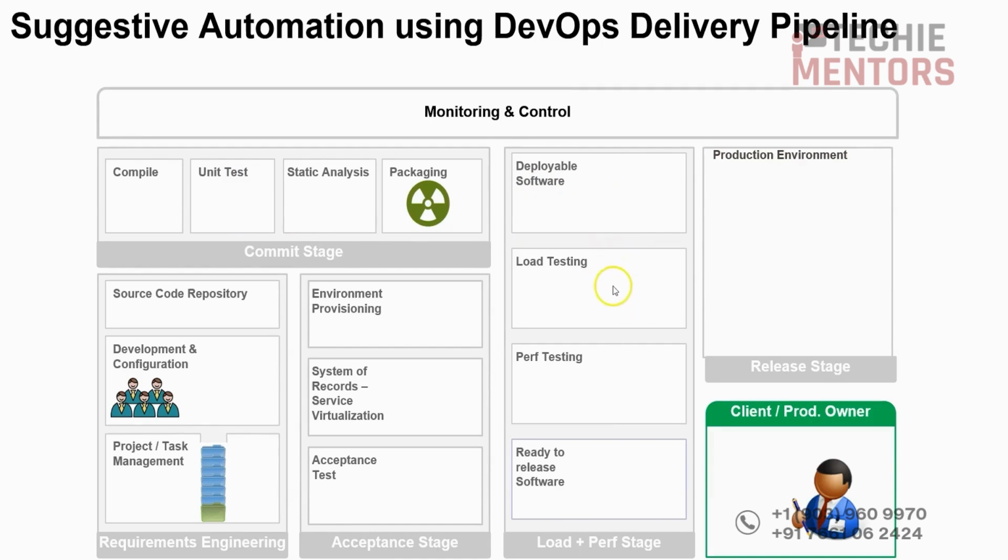So here we do load testing, nothing but what are the resource requirements to run this application, how much CPU and RAM is required. Then performance testing, how it is performing after running a couple of hours, is it consuming more resources, is it holding unnecessary resources. These kinds of things are done at the testing phase. Ready to release software: once it has undergone these requirements and everything looks fine, it is ready to release the software. Then it will go to the production environment, means production servers, with the appropriate approval from